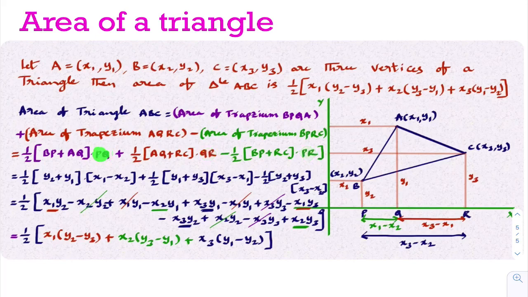Okay, PQ. Observe what PQ is. This length is x1. Please observe here. This length is x2. This length is also x2. This length is x1. This length is x2. What is PQ? PQ is from this total length; if I subtract this part, I will get PQ. This total length is x1, minus x2. PQ is x1 minus x2. This you can understand very easily.